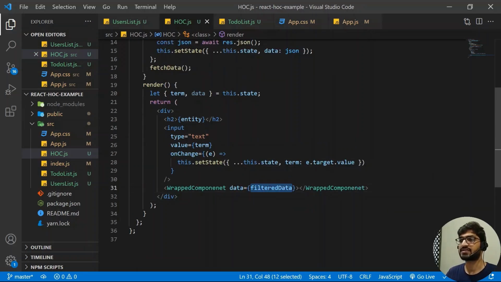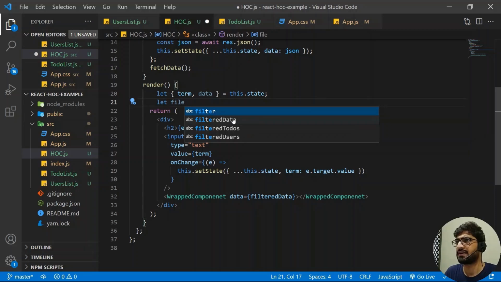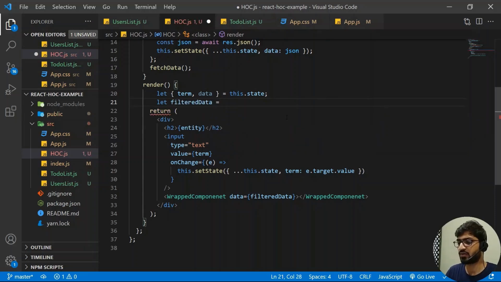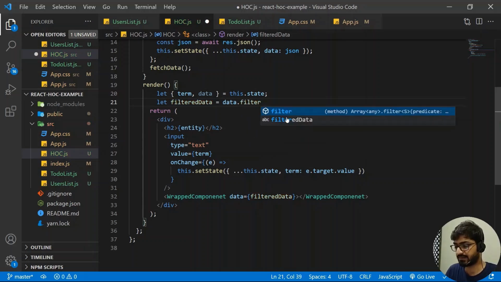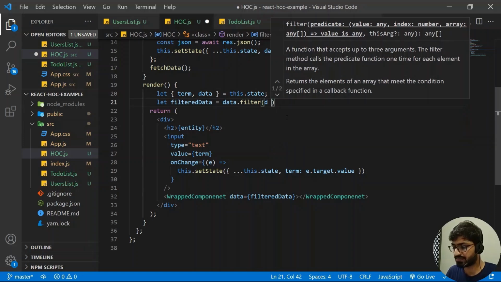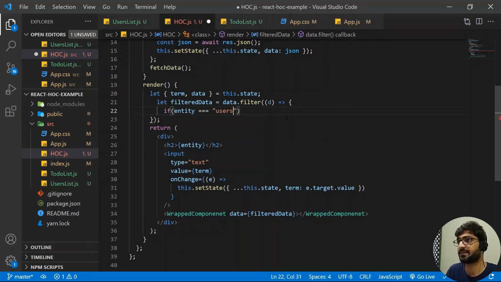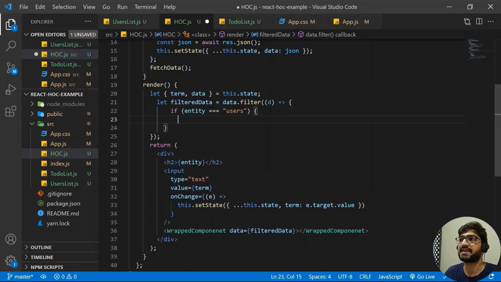So right now we don't have any functionality for the filtered data. So let me add the functionality here. All right. So I'm going to do a let filteredData, and this is going to be equal to data.filter. All right. And I'm going to have the d as an individual object, and this is going to be an arrow function. So what I will do is that if my entity, so let me add the entity, and this entity is equal to the users. All right, then in that case,